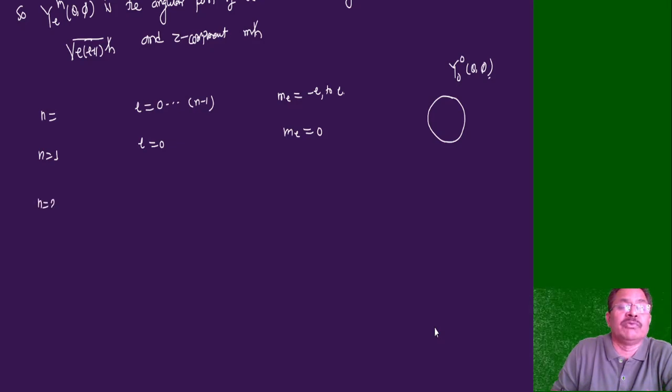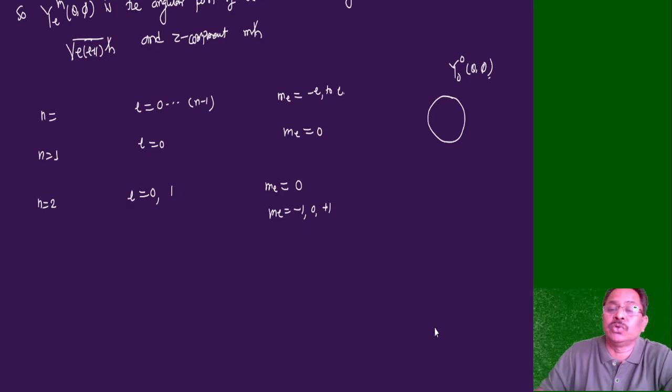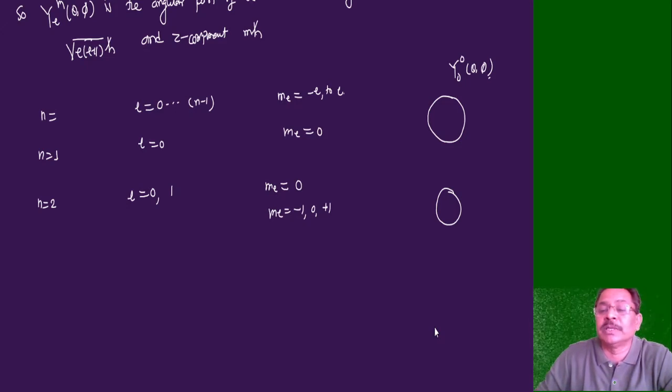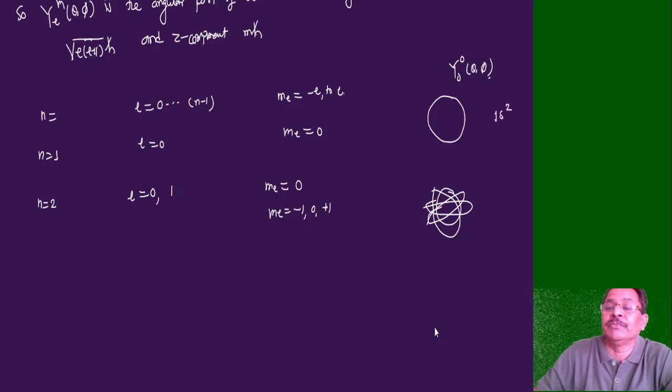Now when I go for n equal to 2, I go for L equal to 0 and 1. From the knowledge of atomic and molecular spectra, I know that L varies from 0 to 1. For L equal to 0, ml is equal to 0. For L equal to 1, ml can have values -1, 0 and +1, and therefore I am in the second orbit, n equal to 2. One part is spherical, and the remaining three parts are -1, 0 and +1. So a number of different types of solutions are possible here, and that's why the configuration we write here is 1s2, then 2s2 and 2p6.